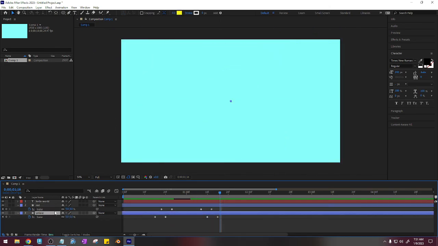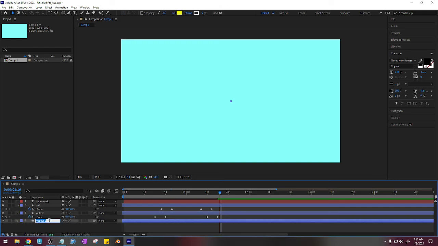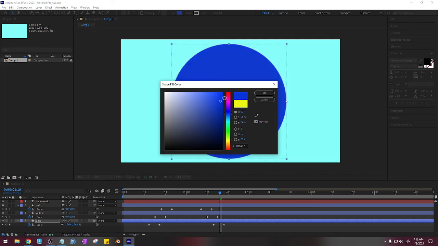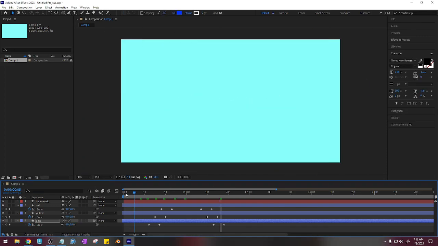So what I'm going to do here is I'm going to duplicate the yellow, I'm going to drag it underneath the yellow, and I'm going to name it blue. And now I'm going to press U to open up the options here. I'm going to select these keyframes and drag them to the left, so this scale change will happen first, and then the red will go away, then the yellow will go away, and I need to stagger this to the right. So the last layer to change scale to go back to where it was will be the blue layer. So I need to change the blue layer up here to the fill, click on this, and now